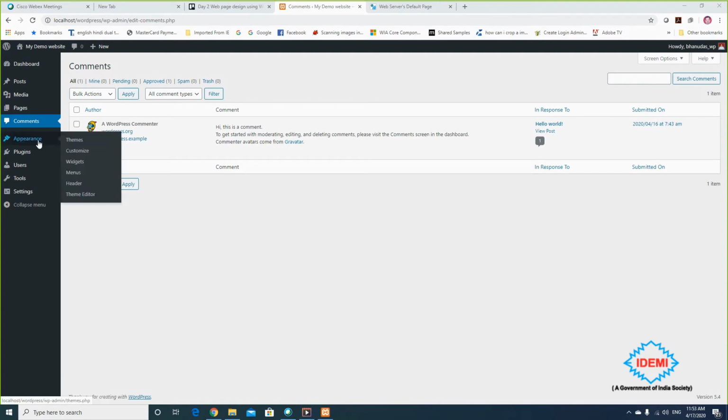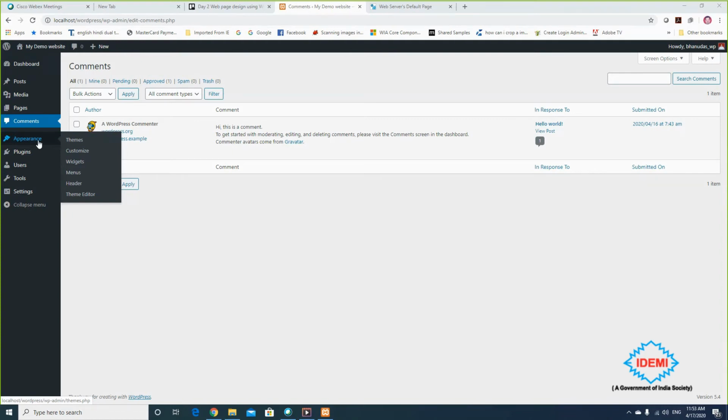Then there is appearance, and that is the look and feel of your website. WordPress provides themes. There are some free themes and paid themes also. You can create your own themes, but for that, as Ashwini is asking about creating his own theme, you have to know PHP, HTML and CSS.